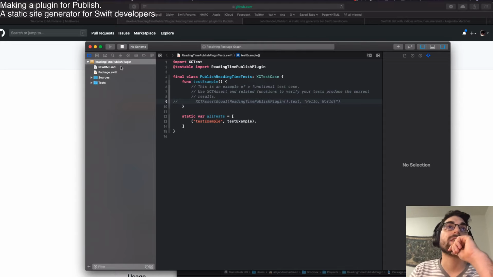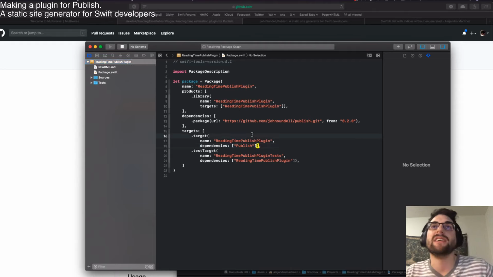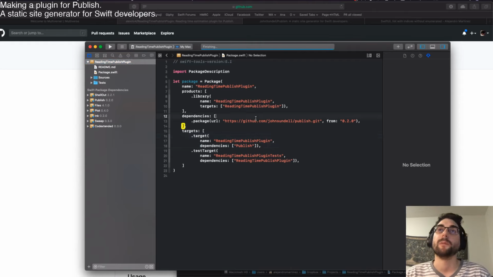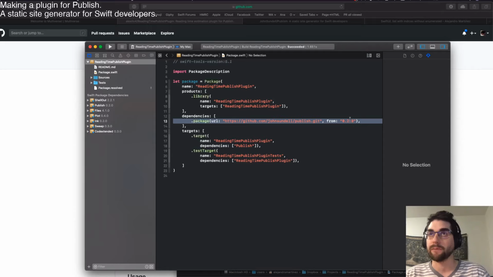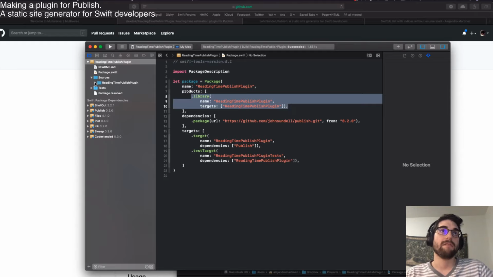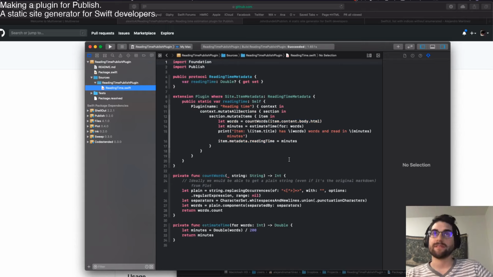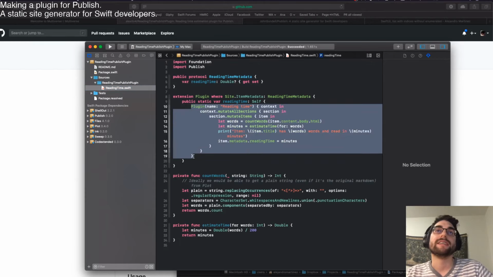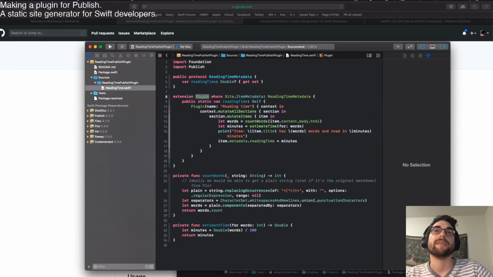So the first thing, you just have your package, and as a dependency I put the dependency on Publish, on the most recent version, and then you just put that dependency against your target, and that's pretty much it. Make sure that it's a library and it's not a command line tool or anything like that, and then it's up to you. Here there is nothing specific. You could design this in any way you wanted, but the idea for what I'm saying is that you want to extend a plugin,